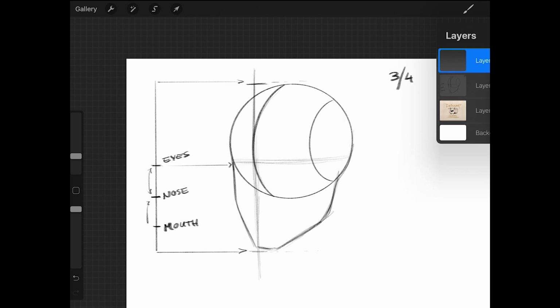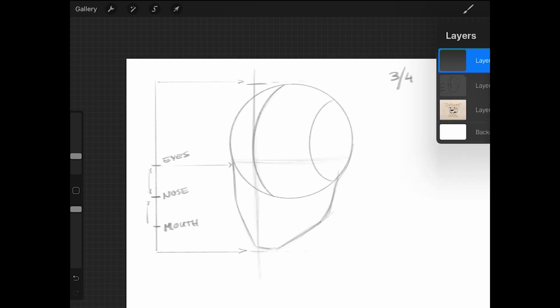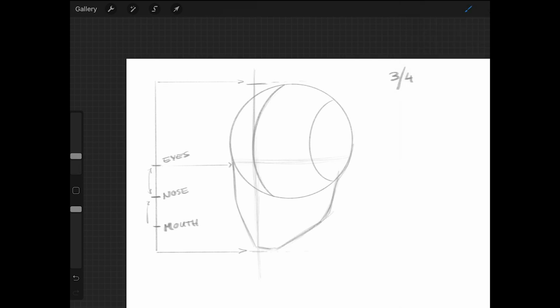For drawing the eyes and the nose and the mouth and ears, I usually like to make another layer. Turn down the opacity of the first layer where you have the lines of the face. This is just to help you see a bit more what you're doing. I think I'm gonna place the nose around here. I think that seems about right. So maybe I'm a little bit above this line right here. And then the mouth,